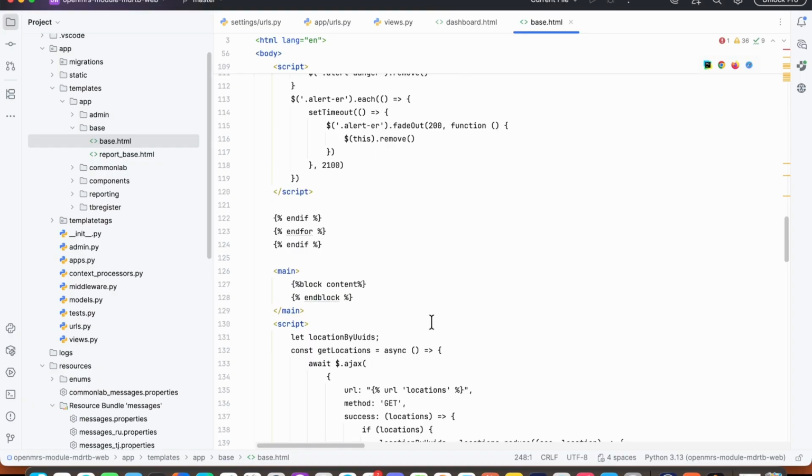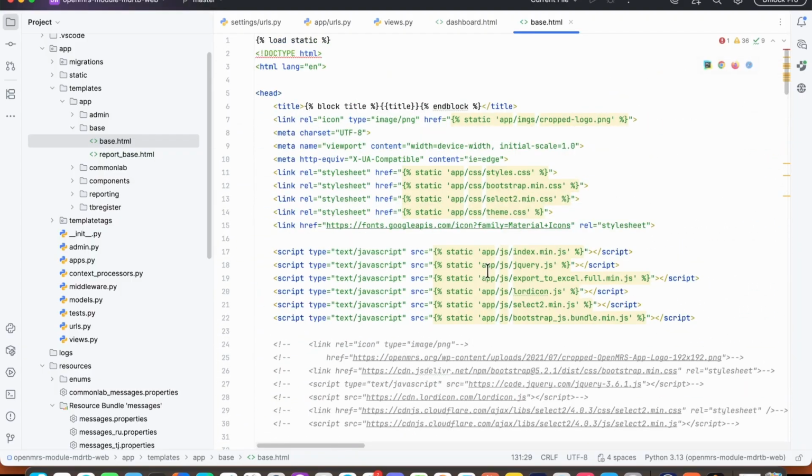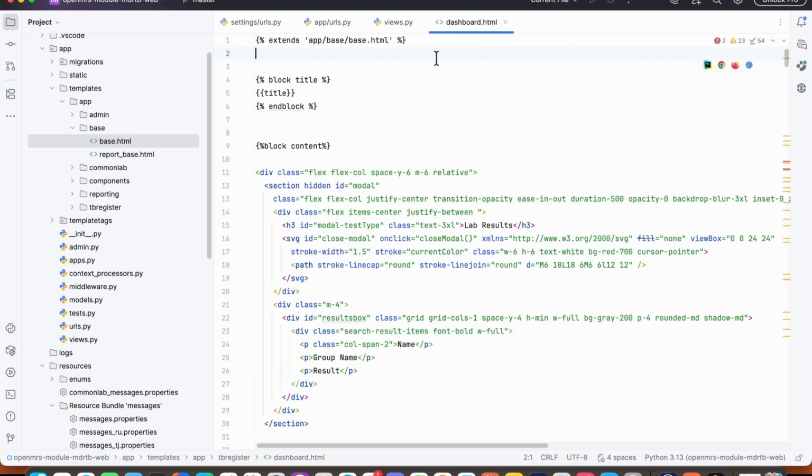This is a very painstaking kind of function to handle locations, but you've seen this in action. It's quite essential to extend every page and include the extend base page in every new template. Okay,